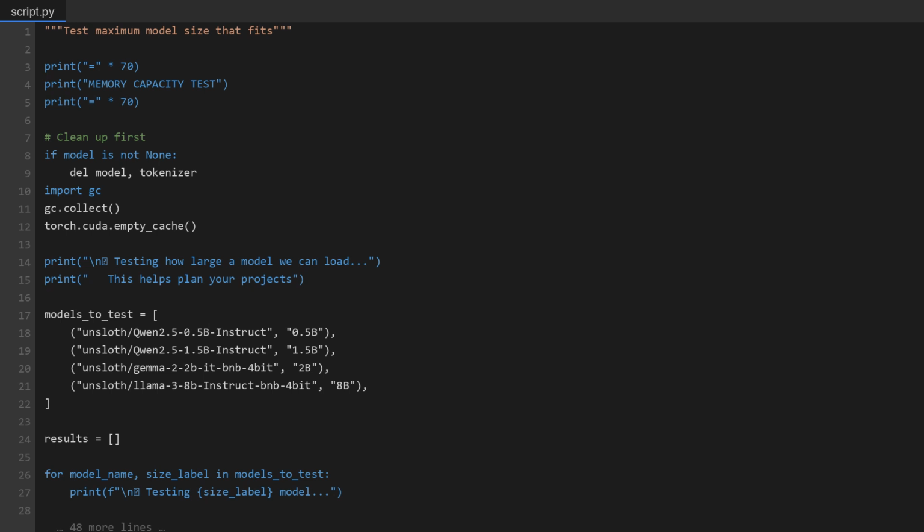Finally, the script summarizes the results, showing which models fit and how much memory they required. This information is vital for planning your projects and ensuring that your GPU can handle the models you intend to